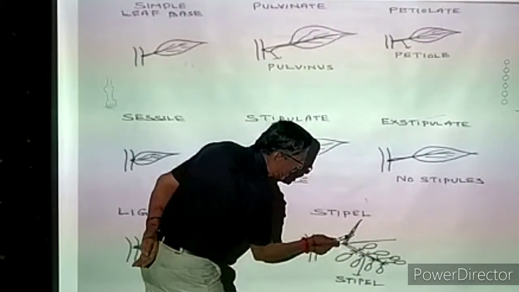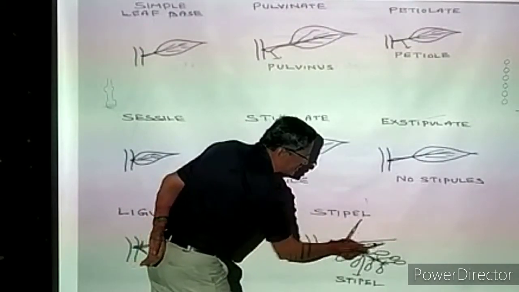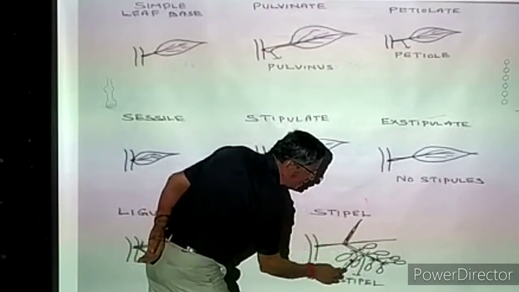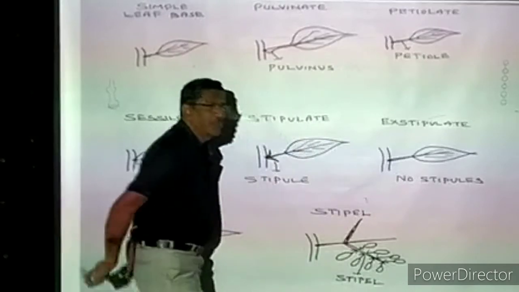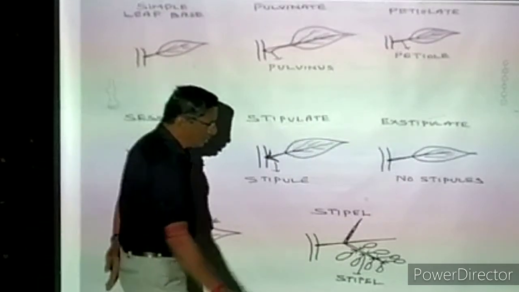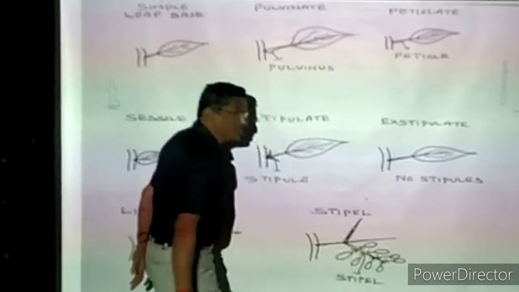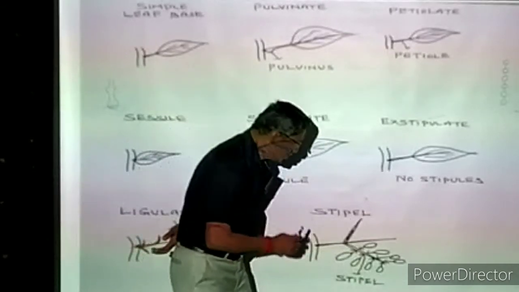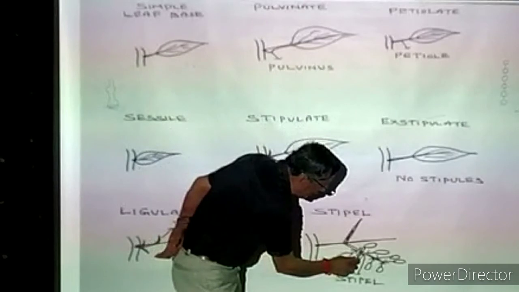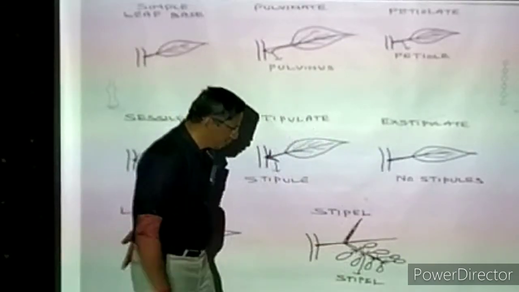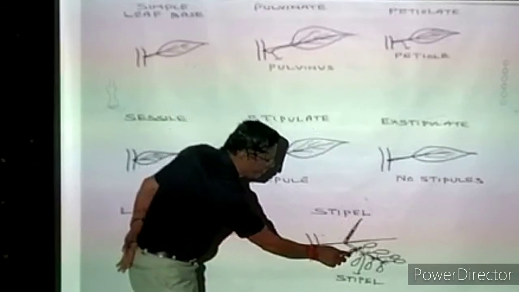Then the rachis is having a number of branches on either side. I am taking only 2 branches. Now this is one branch on which the leaflets are present. Not leaves, leaflets. A number of pairs of leaflets will be present. Each leaflet is having a stalk. Actually at the base of the stalk of the leaflet, stipules will not be present. Stipules would be here only, but they will not be present.